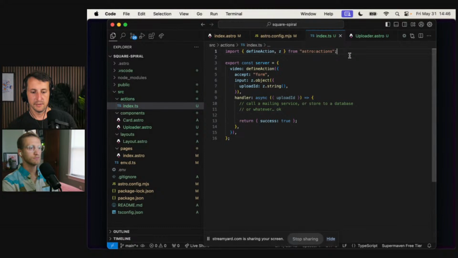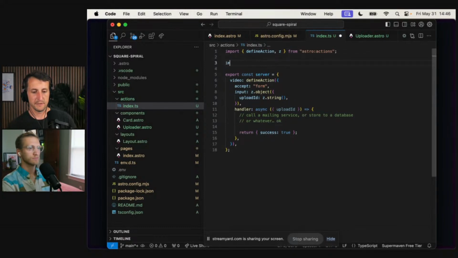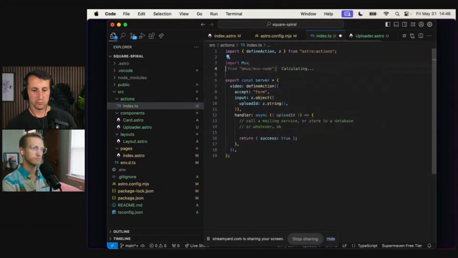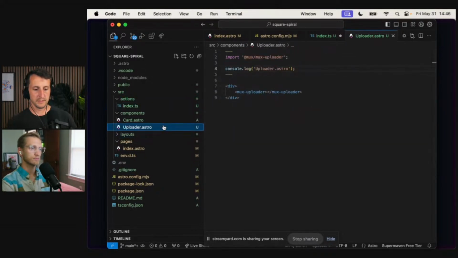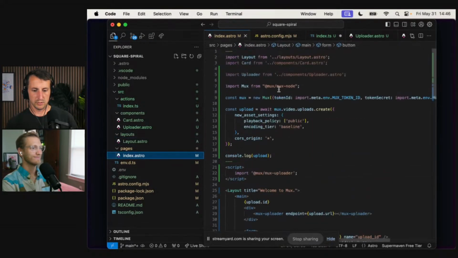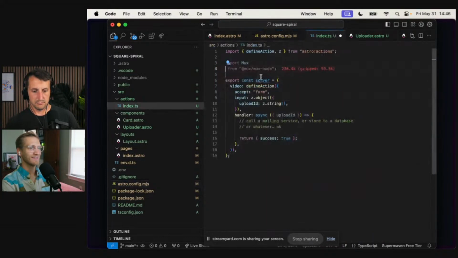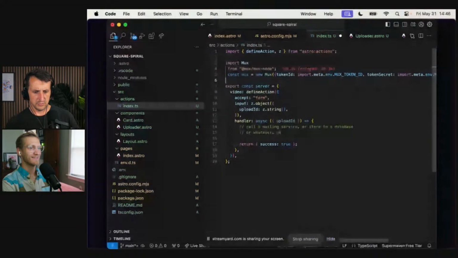All right. So we're going to be doing some additional Mux Node stuff here. I probably could have set up a reusable sort of thingy, but meh. Okay. So we're going to import. That's why we have copy paste. Whoever invented copy paste deserves a raise. Was that Tim Berners-Lee?